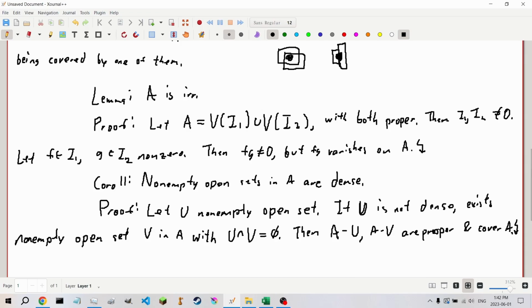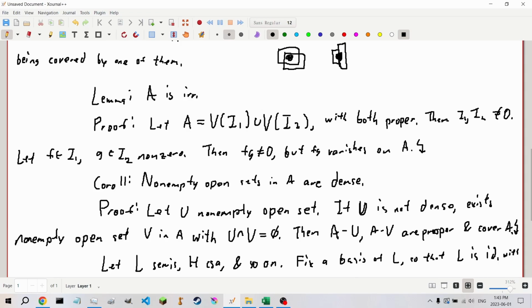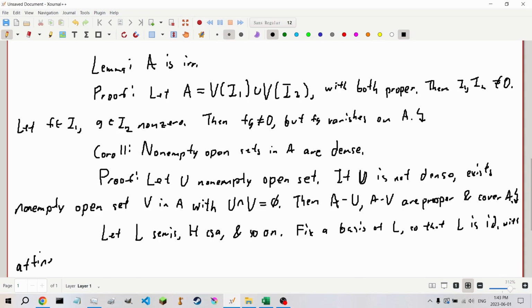So now we're going to let L be semi-simple, H a Cartan subalgebra, and so on. All of our usual setups. Fix a basis of L so that L is identified with affine n-space, where n, of course, is going to be the dimension of L. And from this, we have the polynomial functions on L,